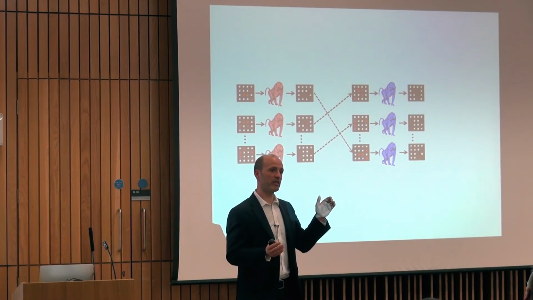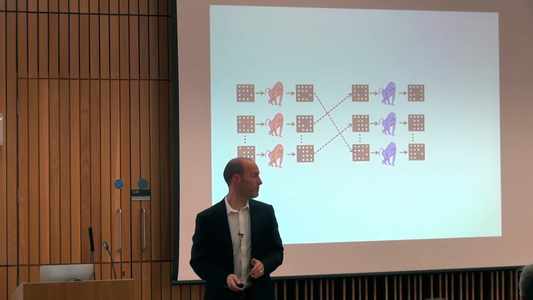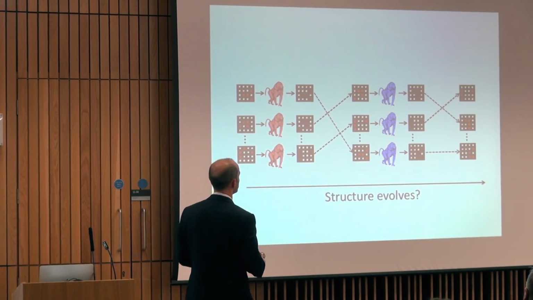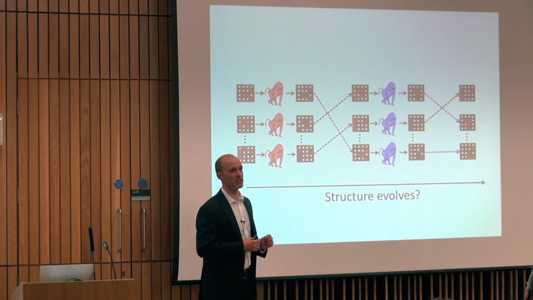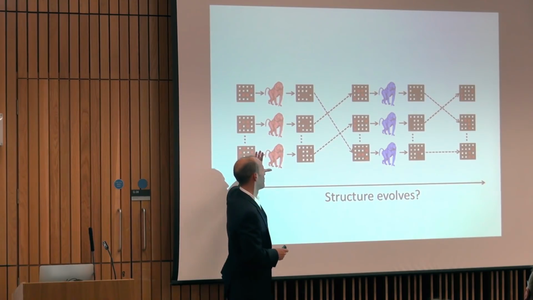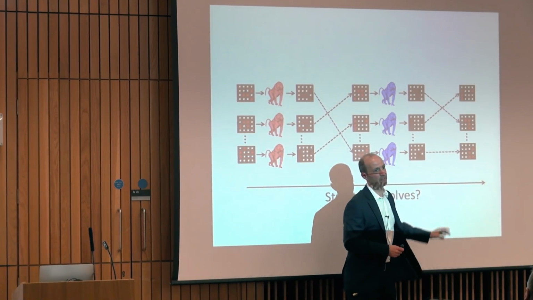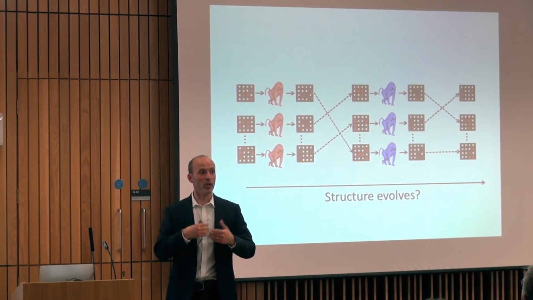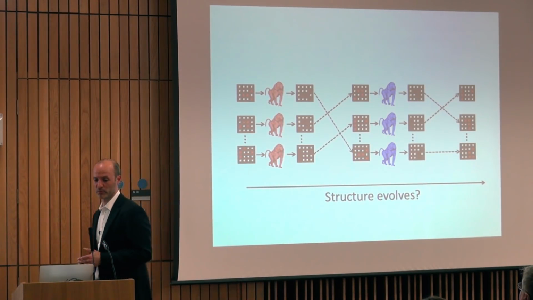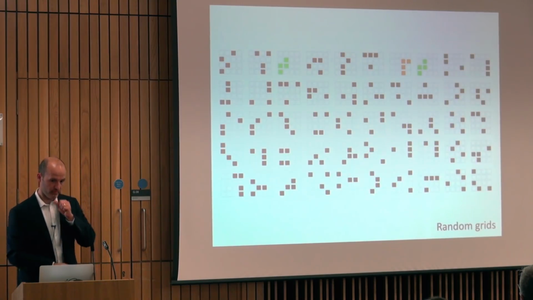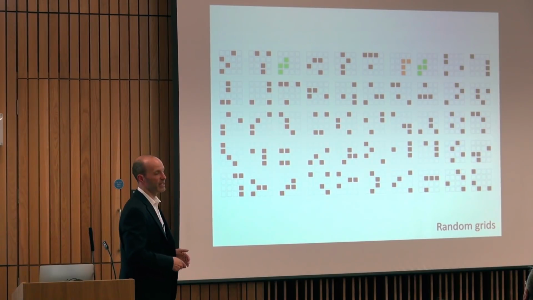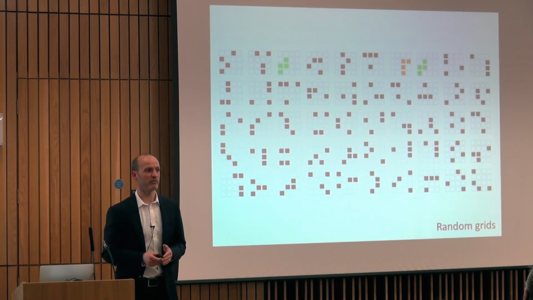We take this set of 50 grids and we pass them from animal to animal, just through that kind of familiar iterated learning process. And what we're interested in, here we've scaffolded transmission of a kind of potentially complex behavior in these animals. And what we're now interested in is what happens to that behavior. So our prediction is that iterated learning will take over and structure will evolve now that we've set this transmission process in train. Okay, so I'm going to show you the results of one of these chains of transmission. So this is a set of 50 random grids that we initialized one of these chains of transmission with.